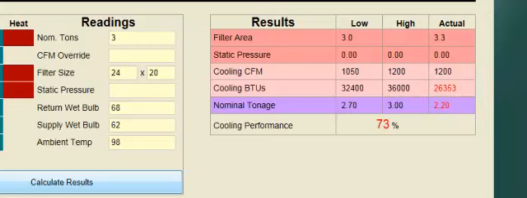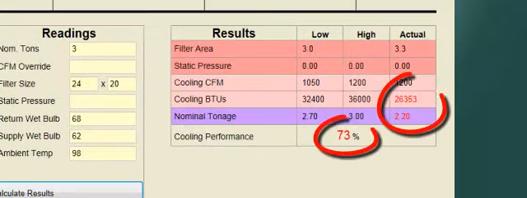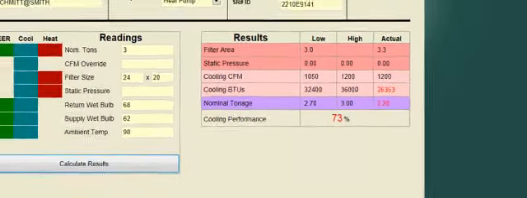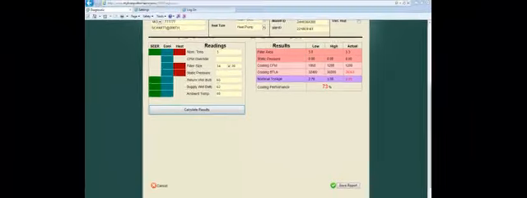The bottom section of the results box summarizes the information into a single cooling performance percentage, 73%. All out-of-range readings are displayed in red to further alert the technician when a problem condition exists. Let's look at how a technician might best use the performance report by taking full advantage of additional features within